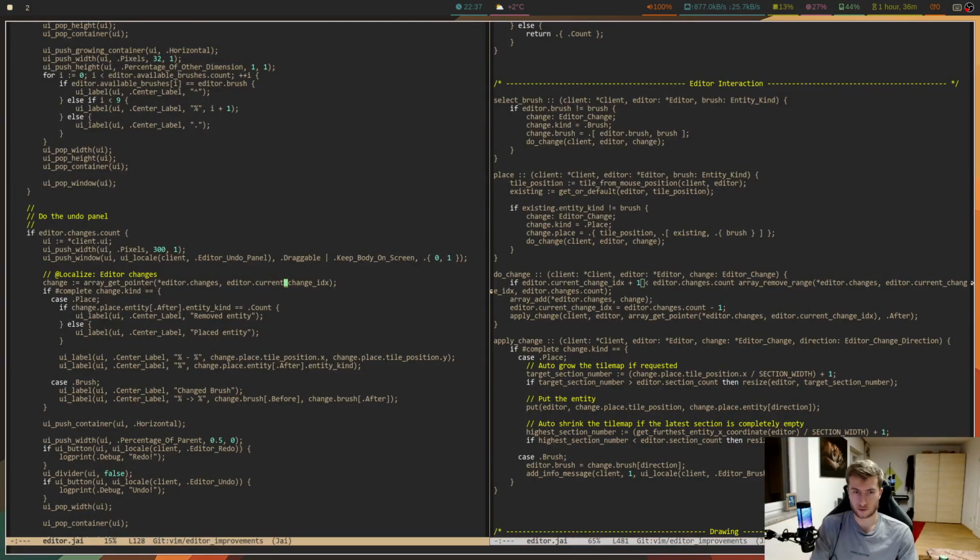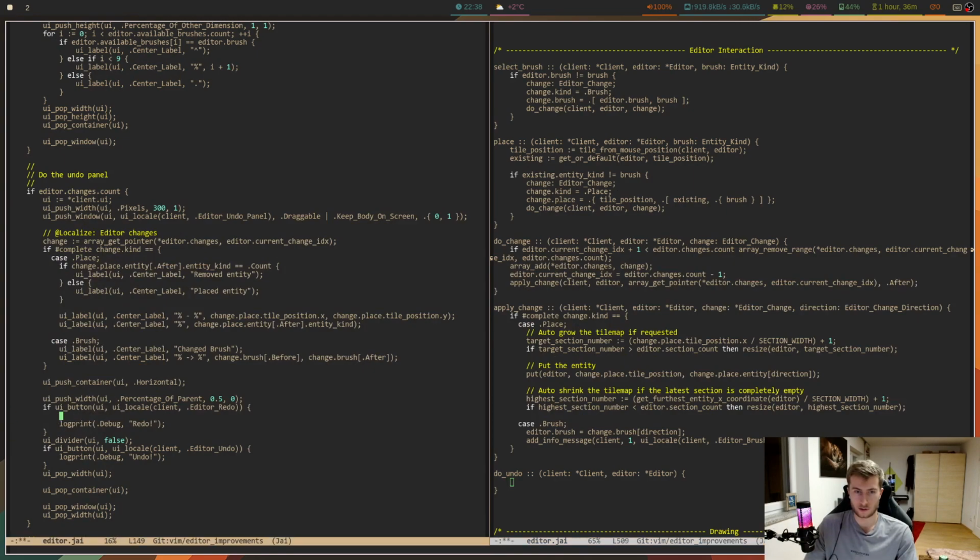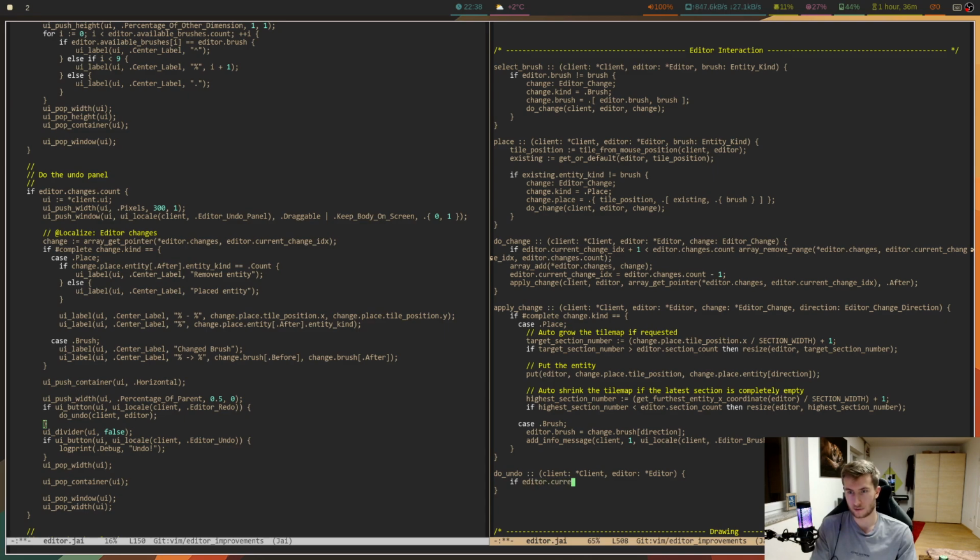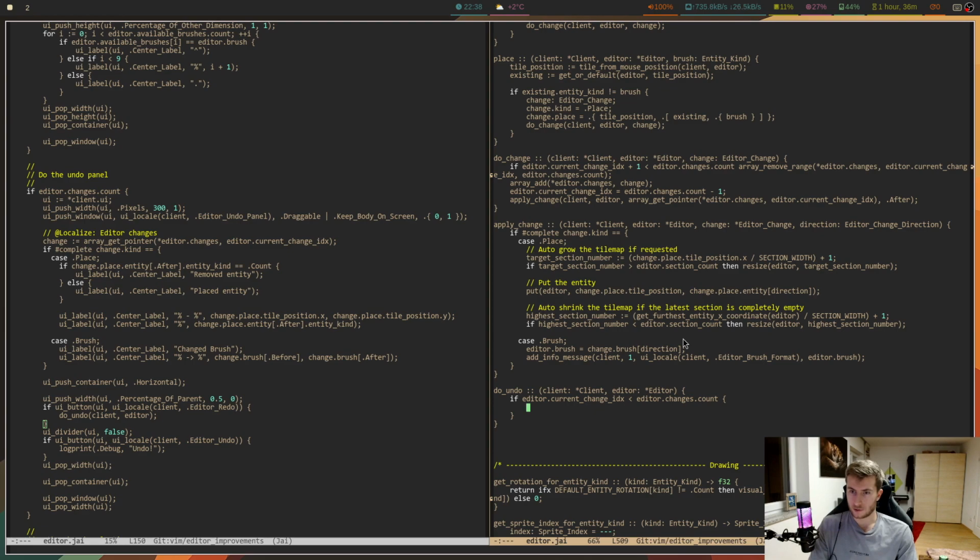Okay, so far so good. And then we'll have our do undo, because again, we also want to do that based on a keyboard binding. That could happen, so we'll factor this out. And here we will again check, is the editor current change index actually less than the editor changes count, just to be safe? And if so, then we want to apply the change,